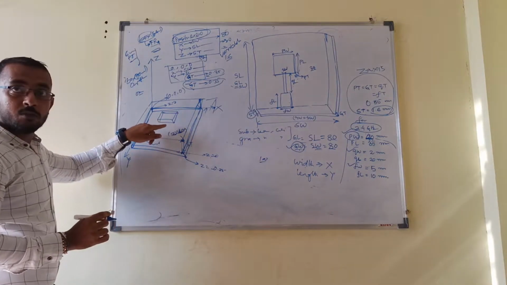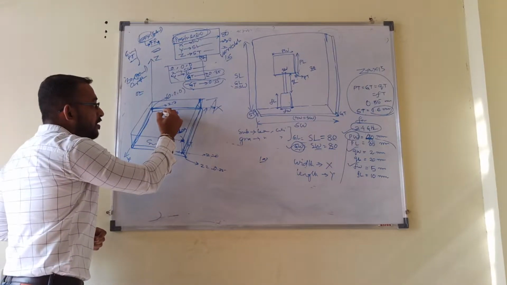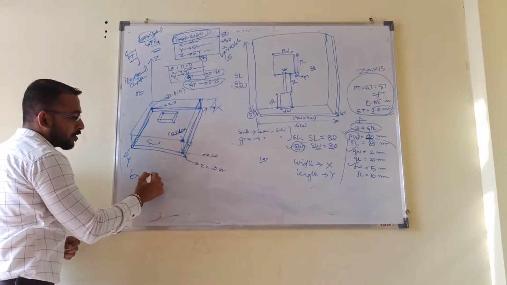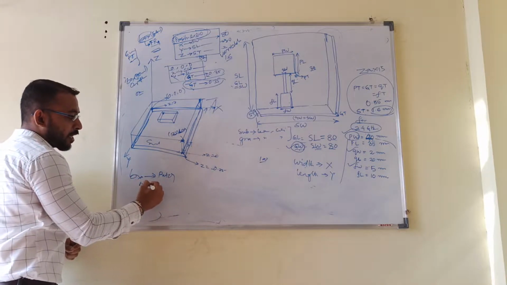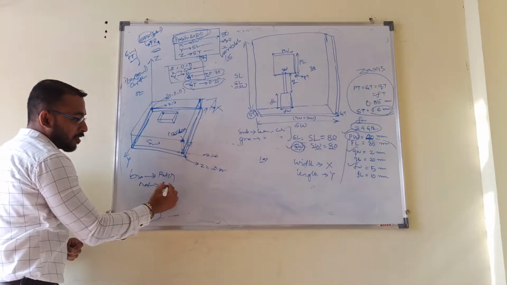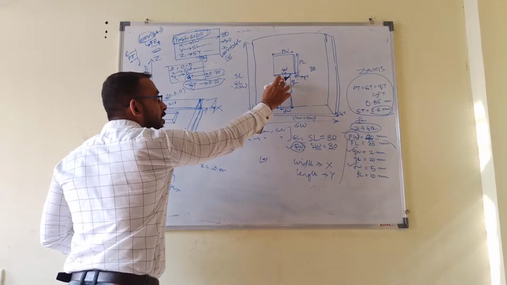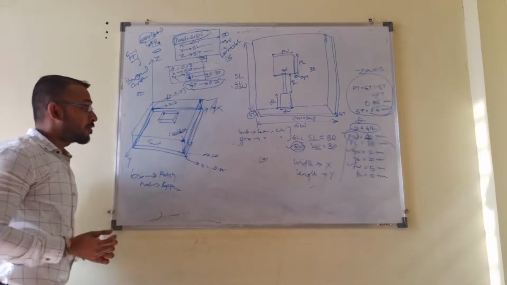What is this one? This box is nothing but my patch. Okay, now this is the starting point. For each box you will take another box and name that box as patch, and the material for that patch is copper. All these three are copper. These three and the ground level are copper. Only the substrate is rubber.